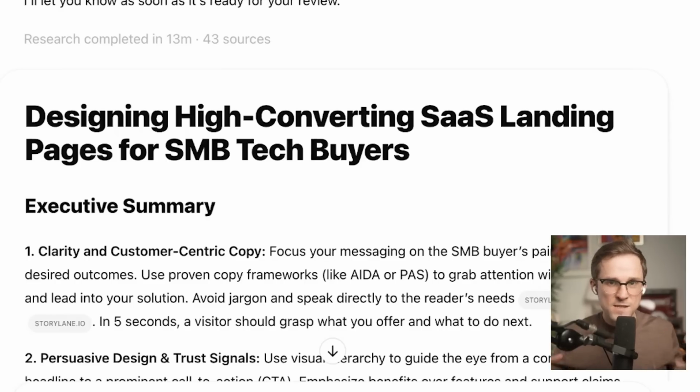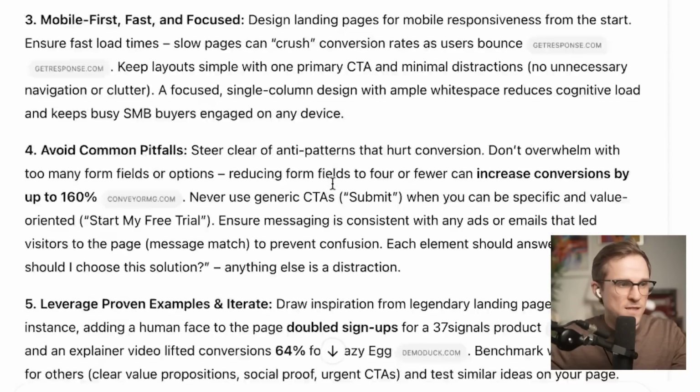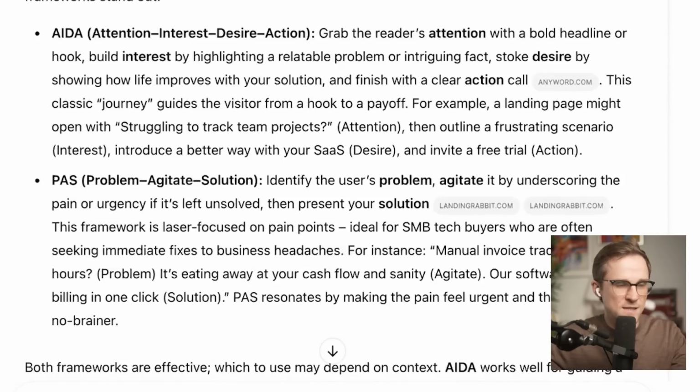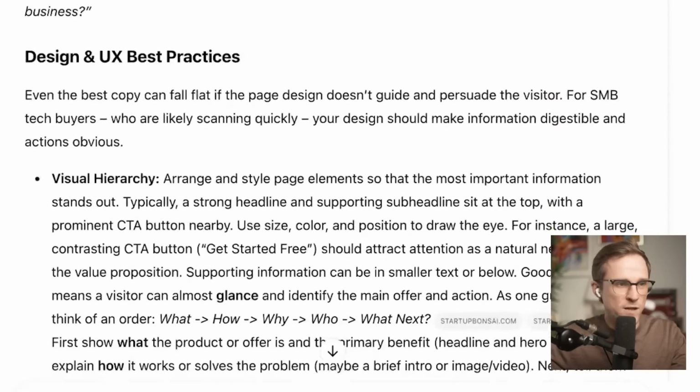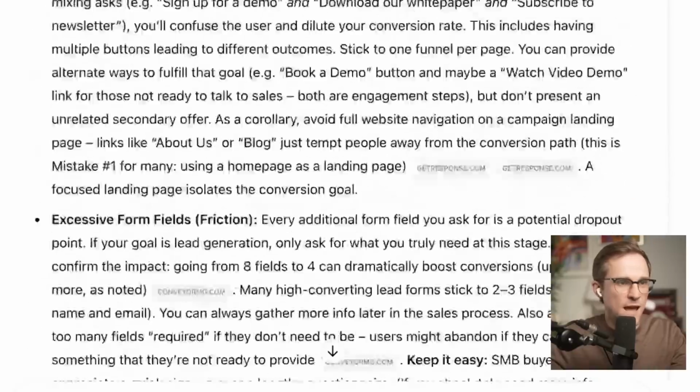This is basically a structured template of best practice and guiding principles of how to convert a high converting SaaS landing page. I have some people that I think are really good at doing this that I have mentioned in the deep research prompt, like Ogilvy and people like that, to actually direct it to learn from people that I wanted to learn from. But like this is 30 pages long, right? It's a novel. It's a whole book written just for me on how to create incredible landing pages.